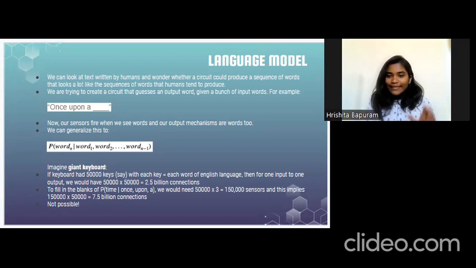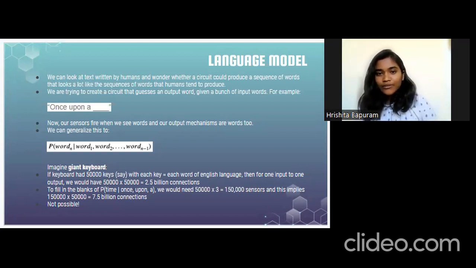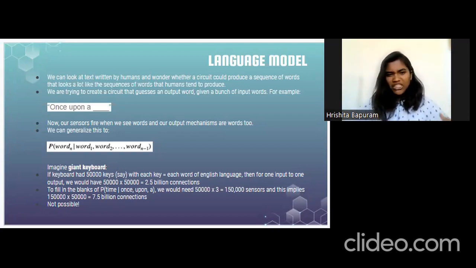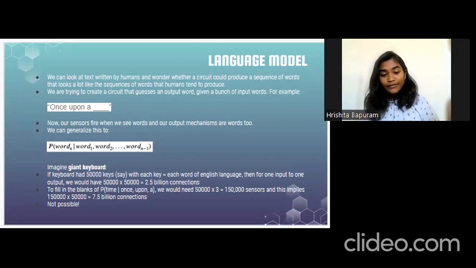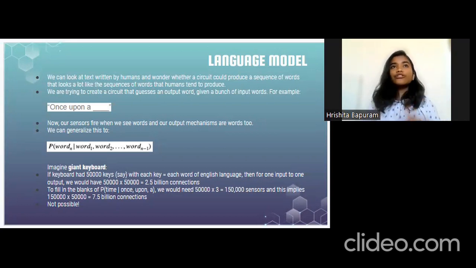But let's take a step back and try to simplify it a little bit more in terms of a language model. Now, imagine you have a massive keyboard, much larger than the regular ones that we use on our laptops and our PCs. But here, instead of each key being a letter or a number or a symbol, imagine that it's each word of the entire English language. So assume that there are some 50,000 words, and this keyboard has 50,000 keys, with each key corresponding to each word, right? And when they're connected to that output mechanism, it's a very, very big circuit of 50,000 keys,